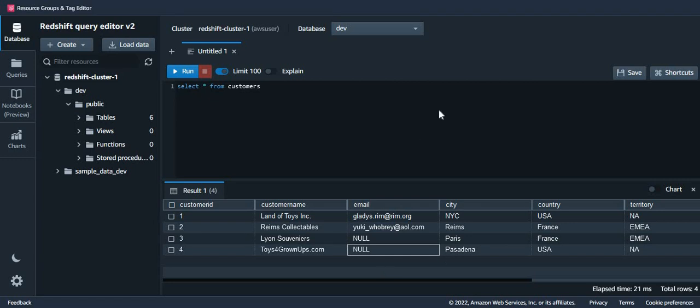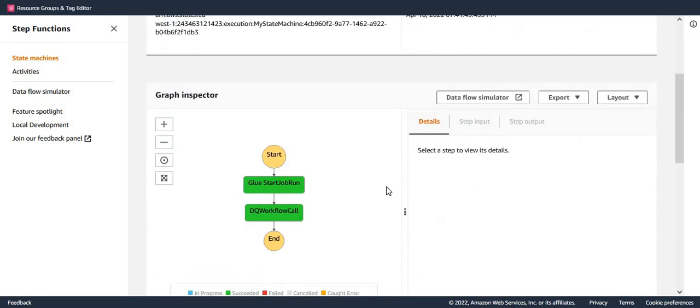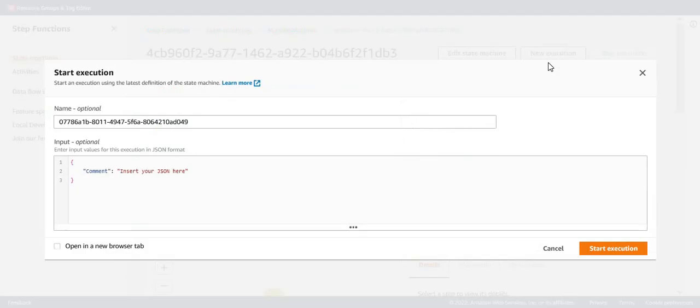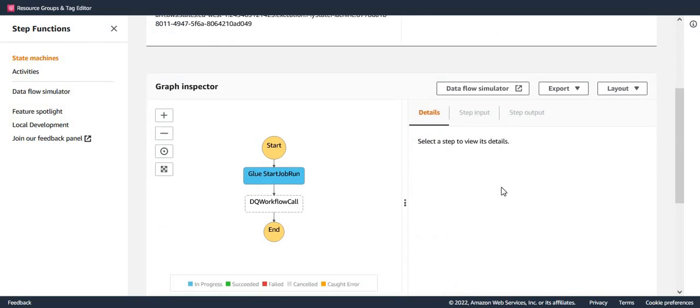my data quality check. So I come back to my ETL pipeline again and say, you know what, I want to run one more time, and I run a new execution. Now this new execution has started. Let's wait till the ingestion finishes and then data quality check finishes, and then we'll see how the outcome looks like. Okay, so let's wait. Okay, so my ETL has finished again, and this time you can see that first my Glue job run